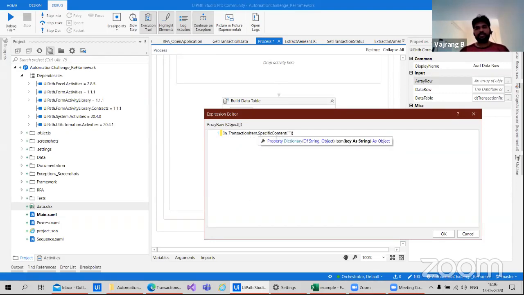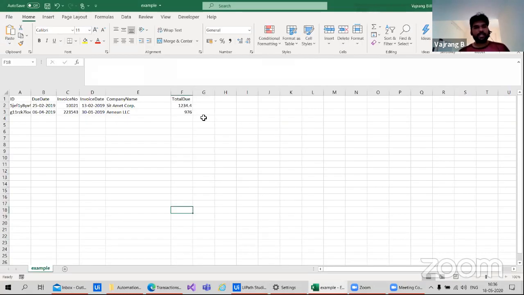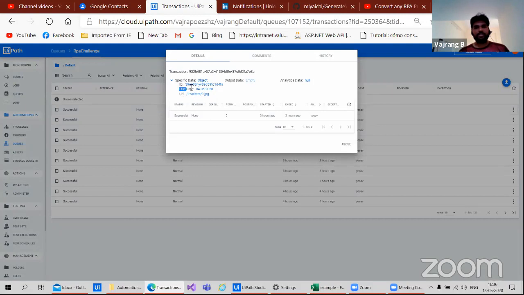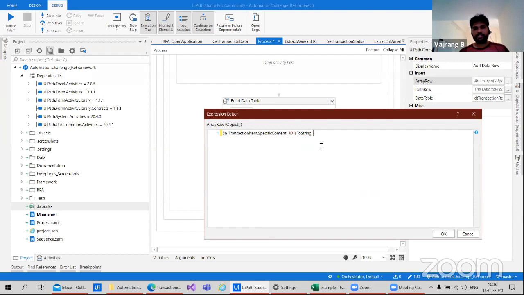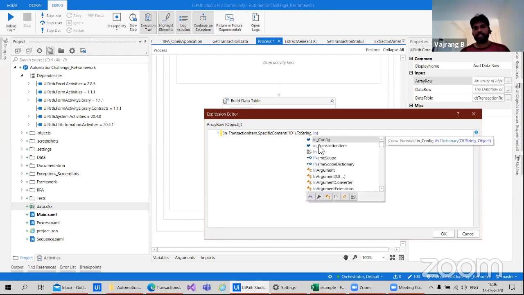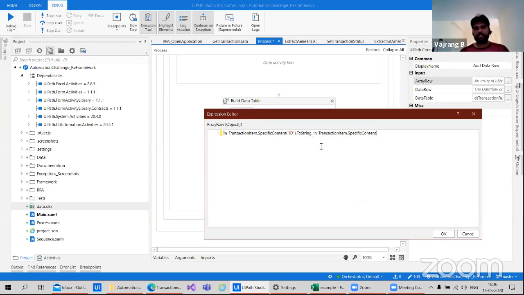In the specific content, we can give ID dot toString. So what is the next one? ID due date, and we have the due date as well directly from the website. So this is the due date. So let's take this one and let's add the values in transaction item dot specific content of Control Z, add